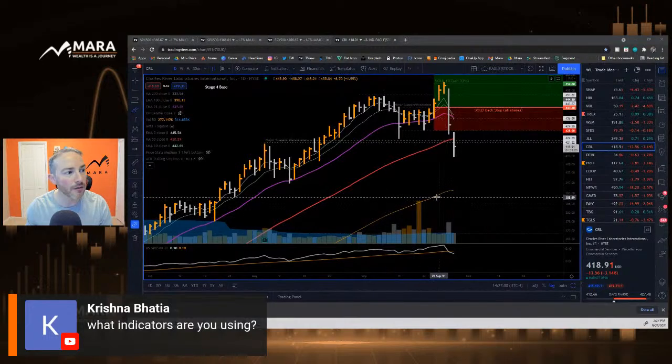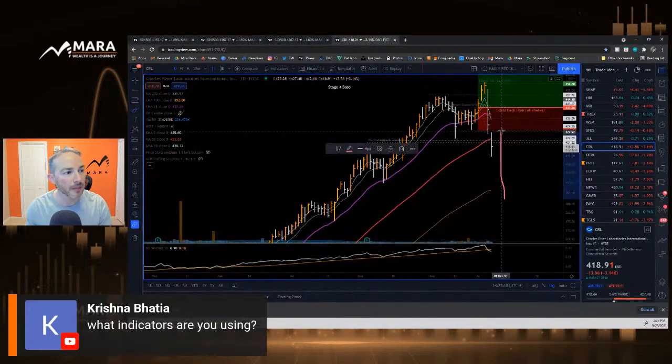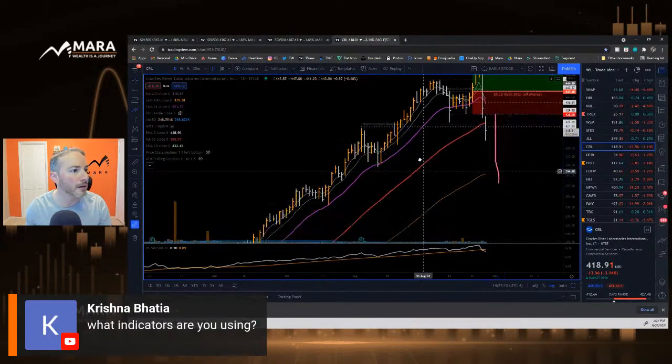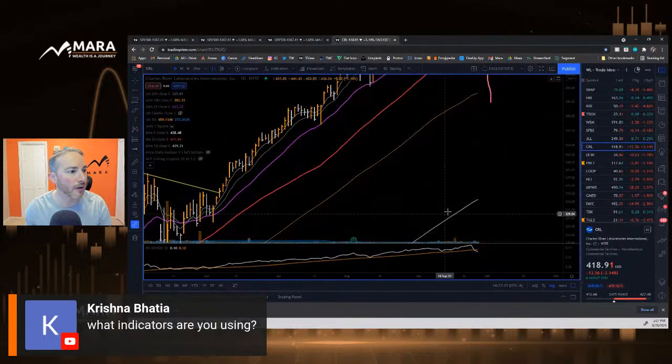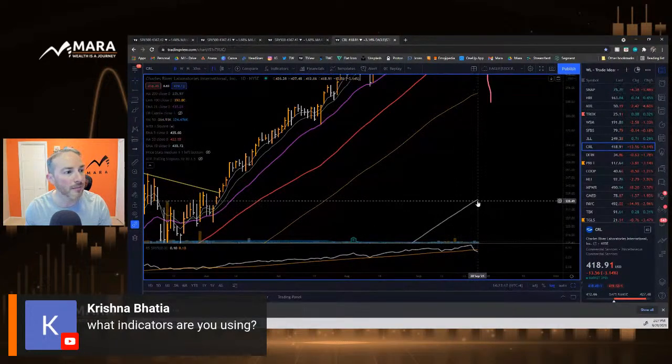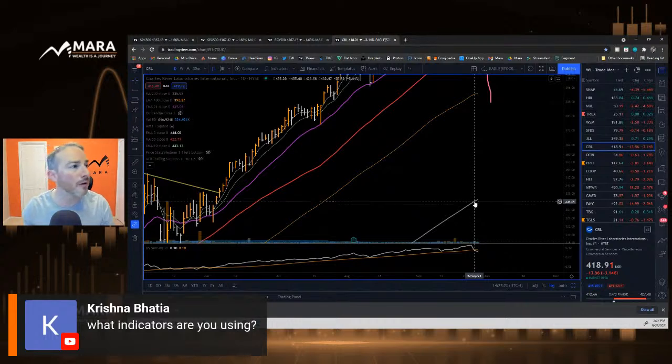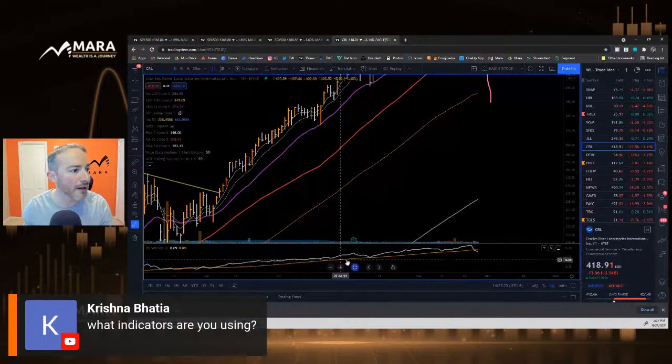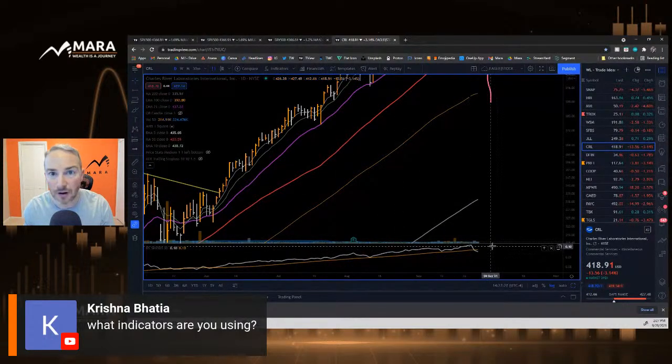This is the 100 EMA. And let me move back over here, it's all the way off the screen, but down here is the 200 SMA. So I'm using a series of moving averages, and this down here is the relative strength line